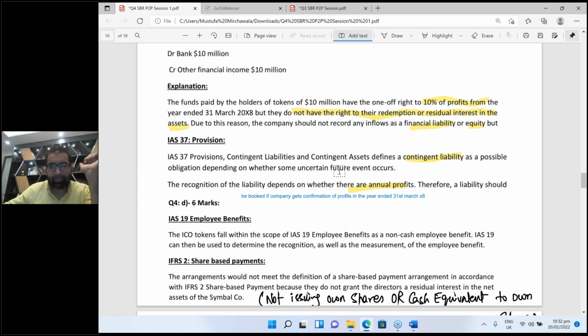Okay, now do you have this thinking in your mind? Did you develop this thinking in your mind that these tokens are not equity instruments of the company? These tokens, coins are not equity instruments of the company, and they are not even debt instruments of the company. Especially they are not equity instruments of the company. Did you establish this thing in your mind? If yes, then get ready for the next question. Get ready for the next question, please.